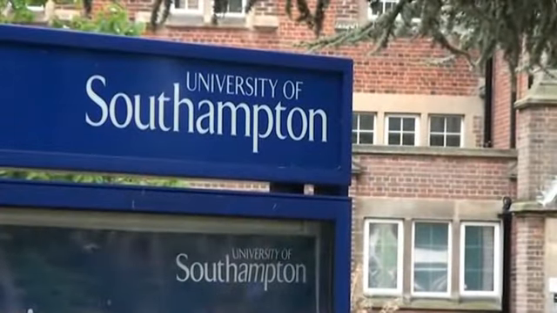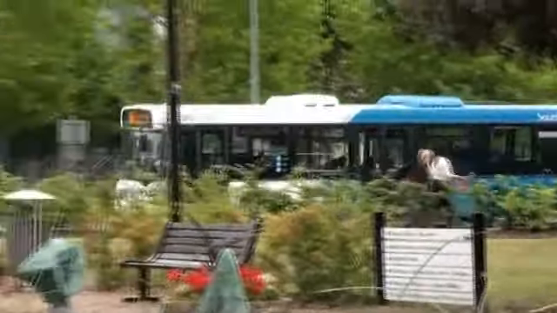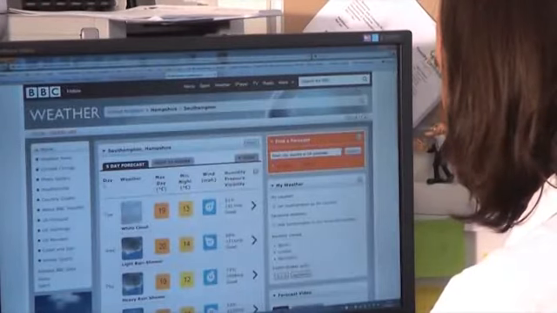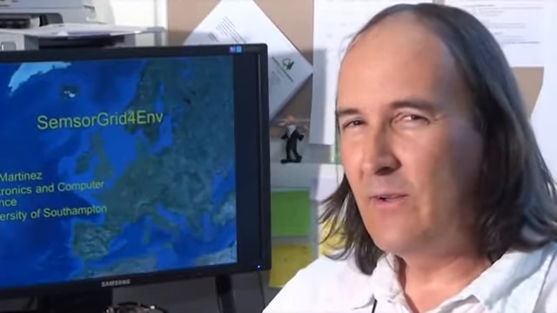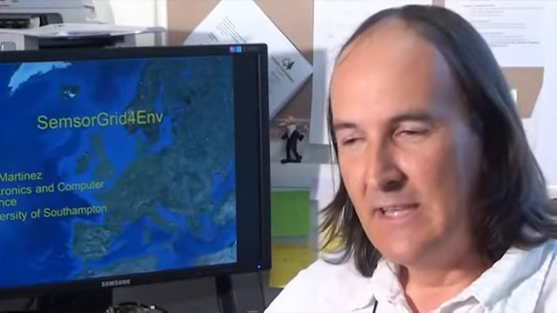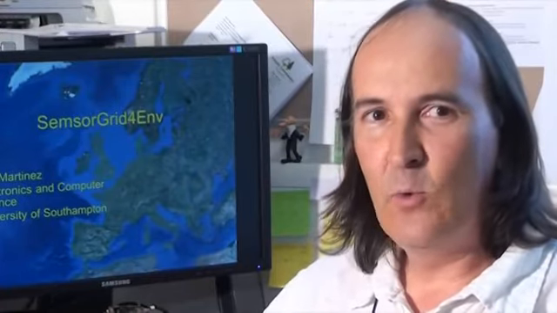The Sensor Grid for ENV project brought together this new linked data and web technology data in order to try to allow people to find and machines to find all this environmental data. So as an example, if you were a human, you could probably find lots of weather data on the web by searching in certain places with certain keywords. A computer would find that very difficult to do at the moment with the web, and so it has to have specialized techniques to go into these data repositories, know what is in them, and actually work out how to